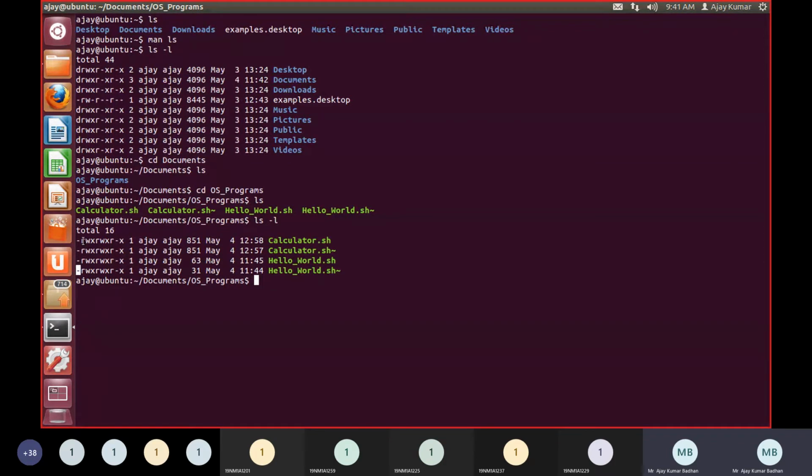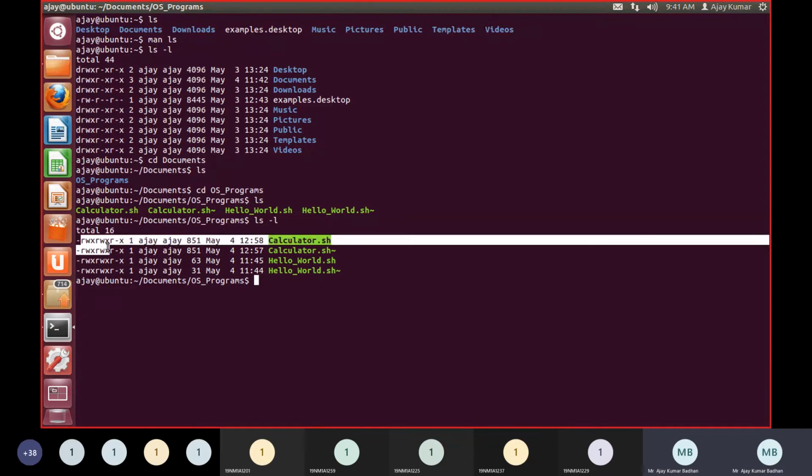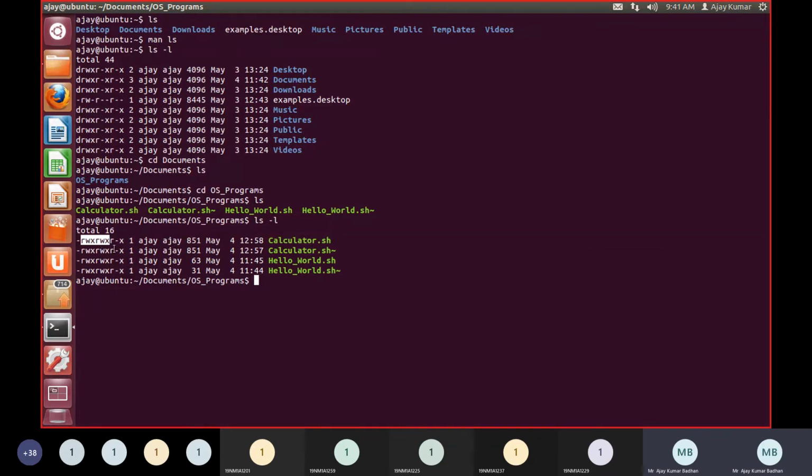So what are the permissions we have here? I have all the three permissions: read, write, execute. Since I am the owner of this particular file, I'll have this by default. Now, when I am sharing this with you people, you can also read it, execute it, and write it. You can do all the modifications. Read, write, and execute.